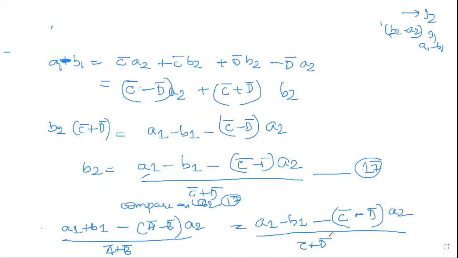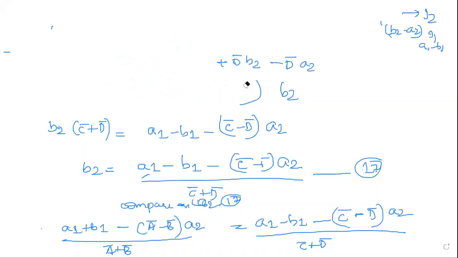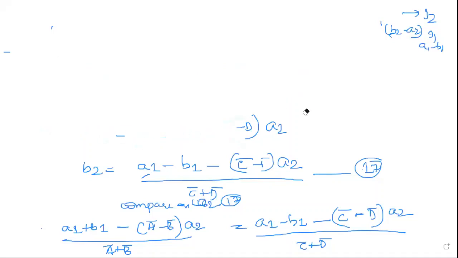Now, from this equation, you have to simplify and get it to the form. Try to do it. Cross multiply, and you have to bring it in the form of S11 A1, S12 A2, which is equal to B1. Be careful while cross multiplying. Don't mix the terms. First, cross multiply this C bar, D bar and your A bar, B bar, so that all the equations will be in terms of